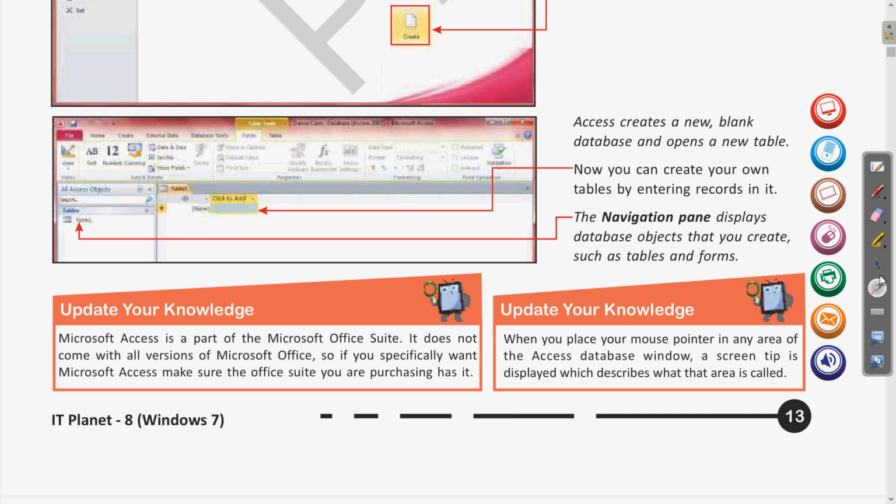And the area where the table name, different queries, forms, and all of the different objects which we create in Microsoft Access are represented is the navigation pane.